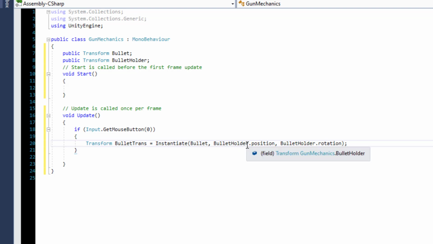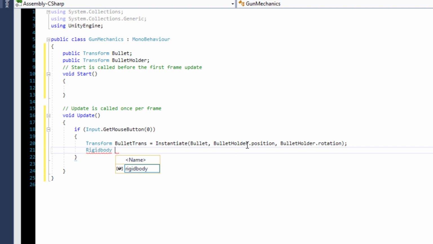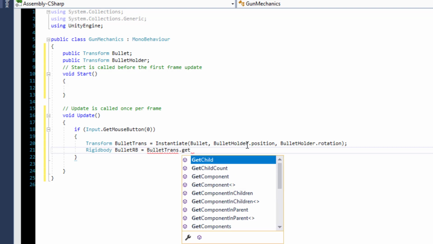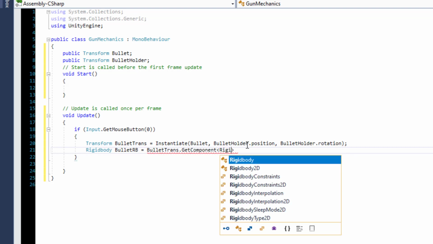End it with a semicolon, and now we're going to create a local Rigidbody variable. It's going to be called bulletRB, and it's going to equal bulletTrans.GetComponent Rigidbody,